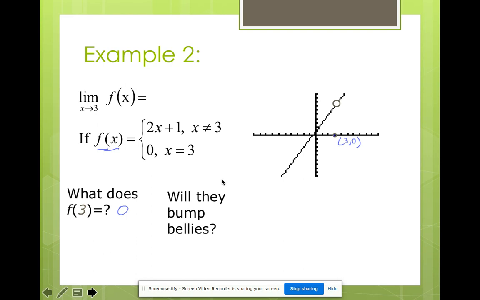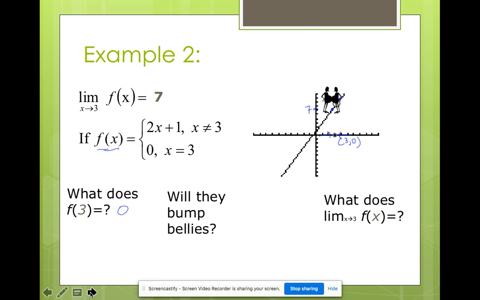But I'm not talking about 3. I'm talking about being really, really close to 3. When you plug in a number like 2.9 or 3.1, you don't get a range value close to 0. What do you get? They still bump bellies, right? I don't care that their feet would fall through that hole. Their feet aren't touching, right? The range walkers, the limit is still 7 because the level of the range walkers is at 7,